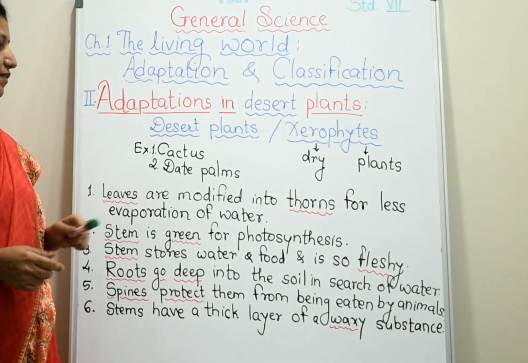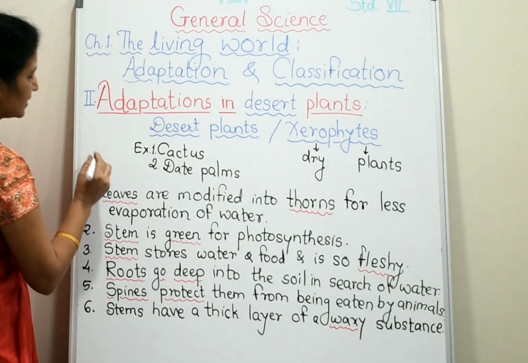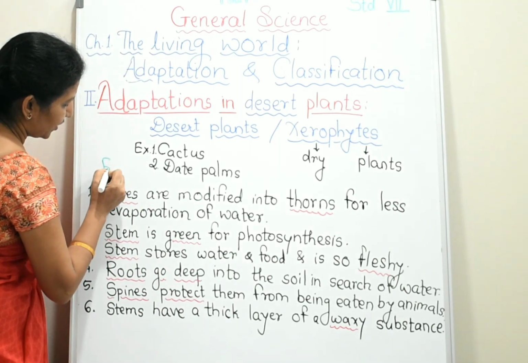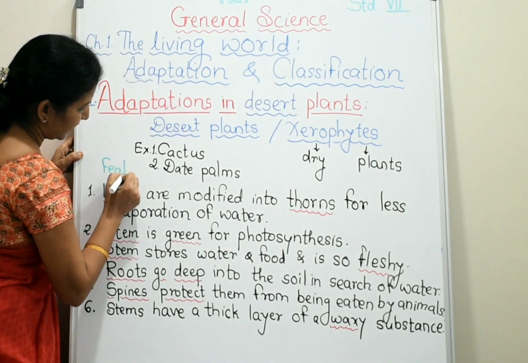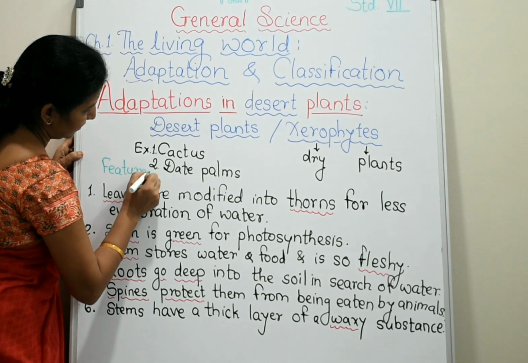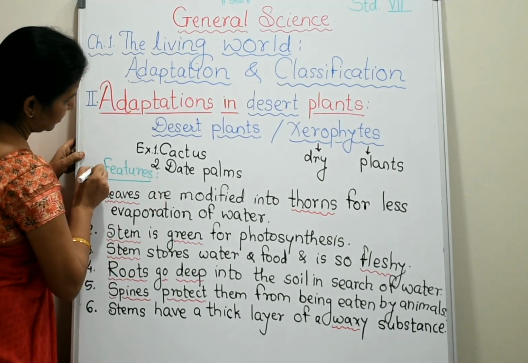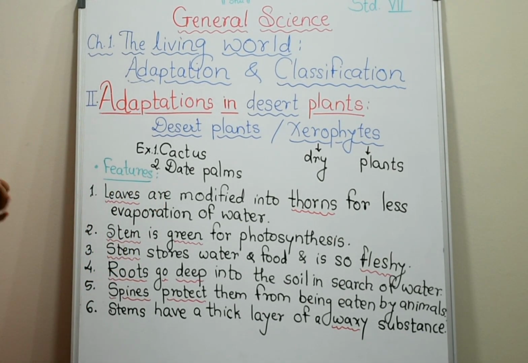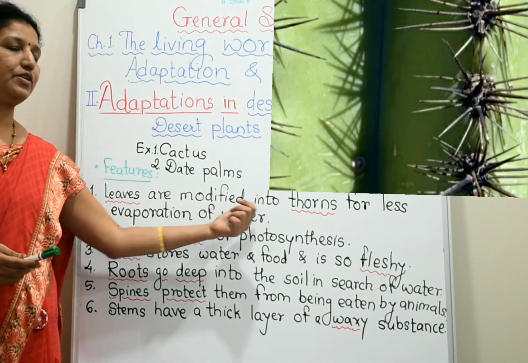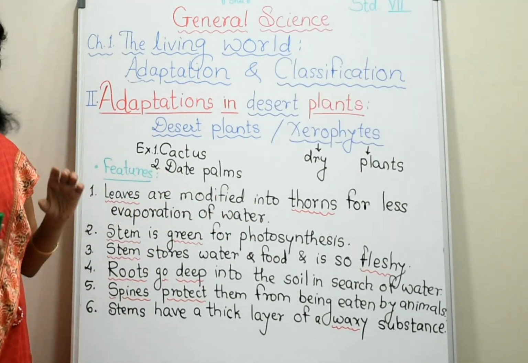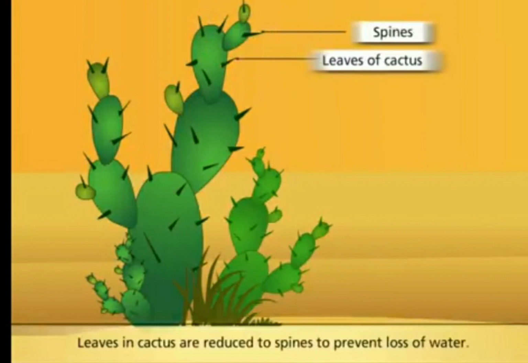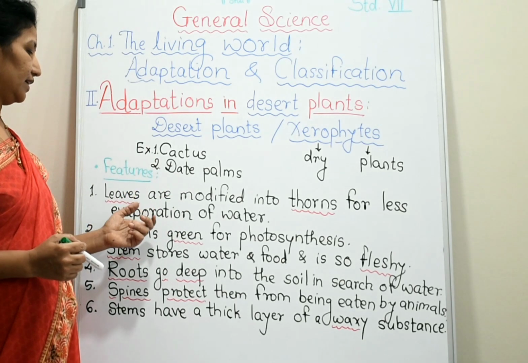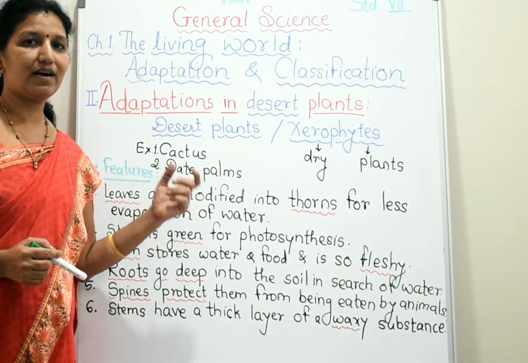And what are the modifications? What are the features that are modified in the xerophytes, that we will study one by one. So the features are: the leaves are modified into thorns, and we know that there are thorns on the cactus. When these leaves are modified into thorns, they prevent the loss of water, evaporation of water from the plant, because